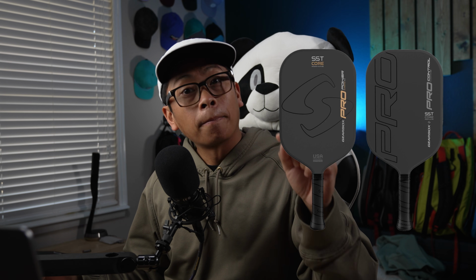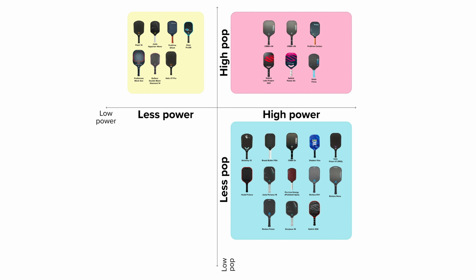Add to this chart and some info that I wanted to share with you guys. So firstly, there were some new paddles that came out that I didn't include in my list at the recording of the video when I first recorded it, so I'm just throwing them in there. First, let's toss in the Gearbox Pro paddles. Both of these I would probably put in the high power and high pop category, with the control version having just a little bit less of both and leaning more left and downward if you were to follow